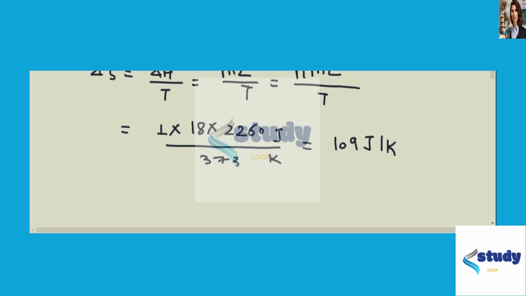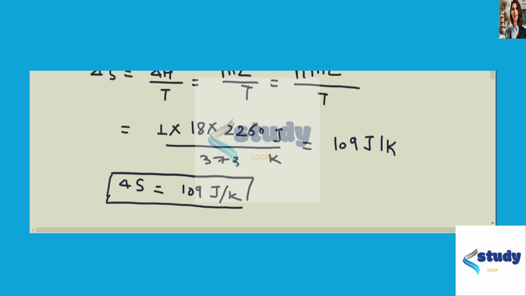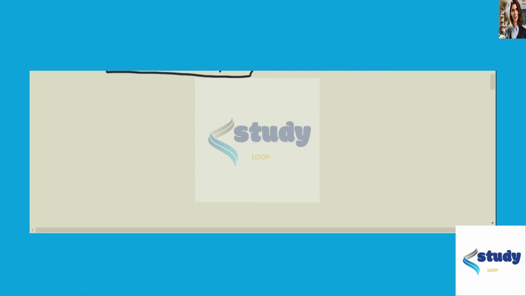Now we will look into part B. So here the change in entropy when water at 100 degrees centigrade converts into vapor at the same temperature will be 109 joule per Kelvin. Now we will look into part B. So here, given for part B,